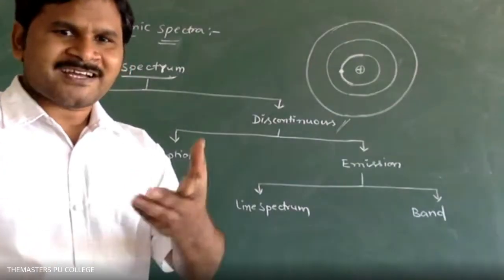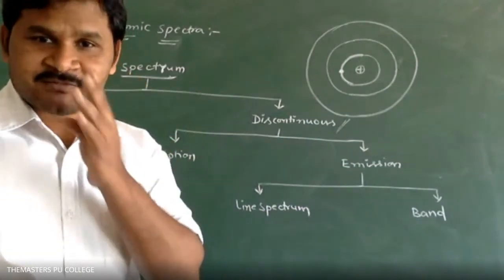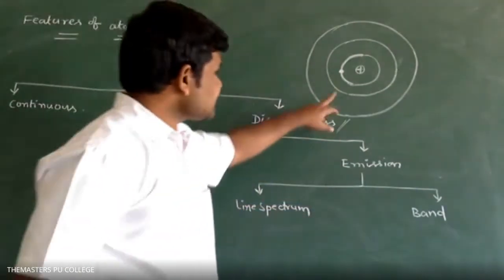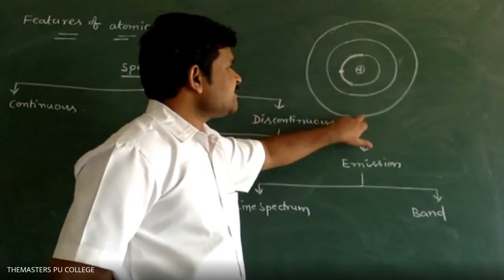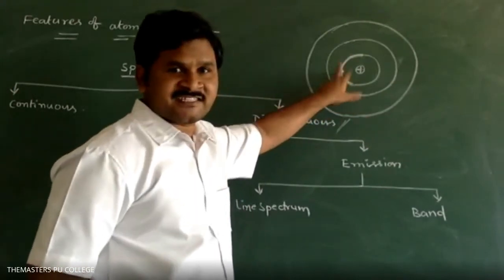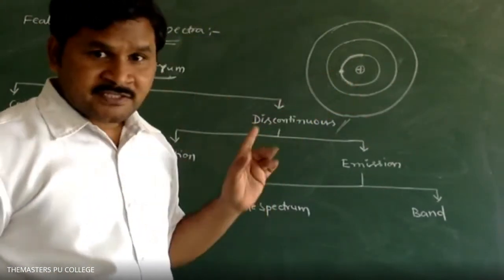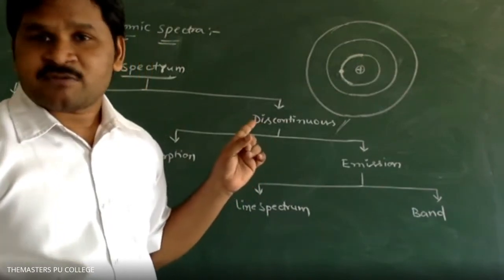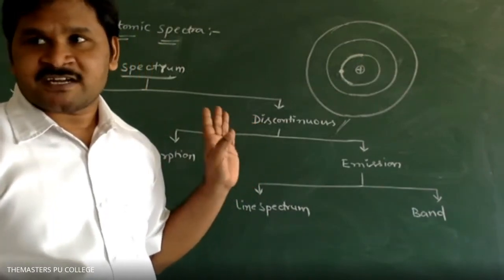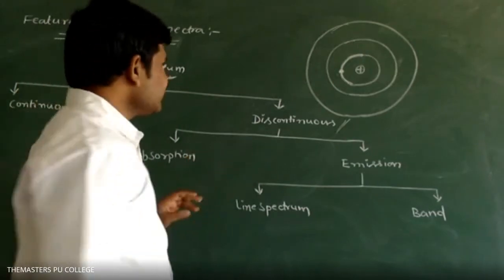One proton, protons it is not possible to mention. Electrons we can mention. These are orbits. In orbits, electrons are present. This is an electron. So this is a single proton species, so that's why it is a hydrogen atom. Okay? Now,